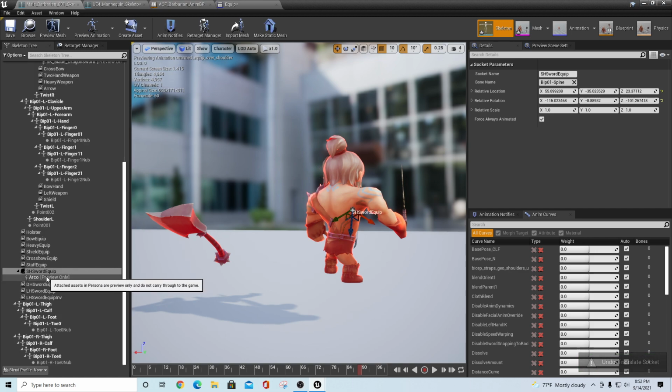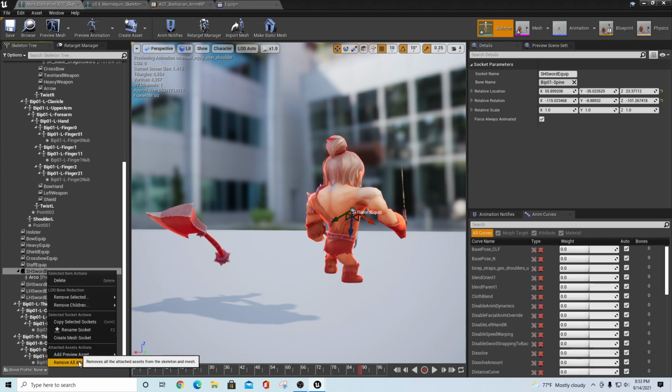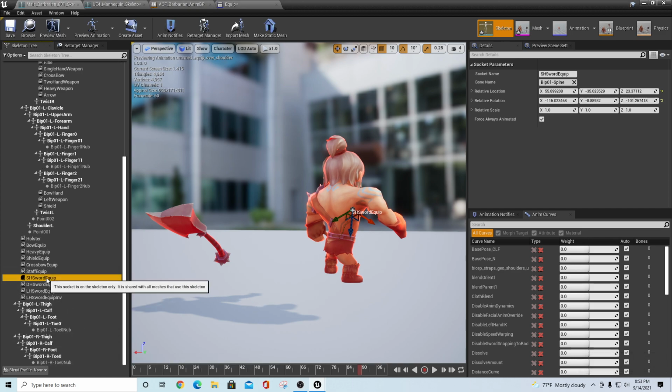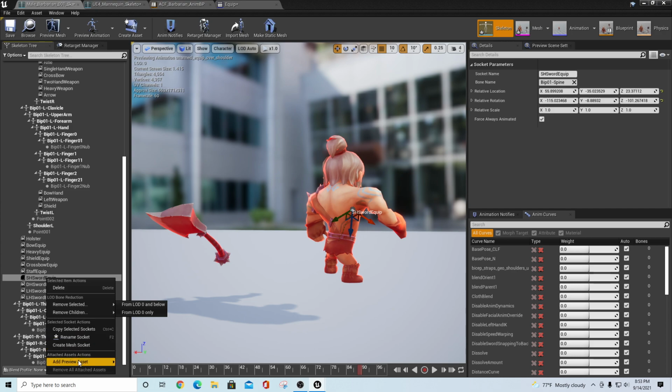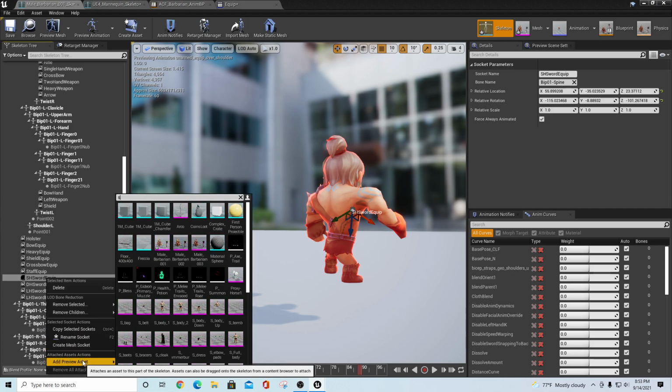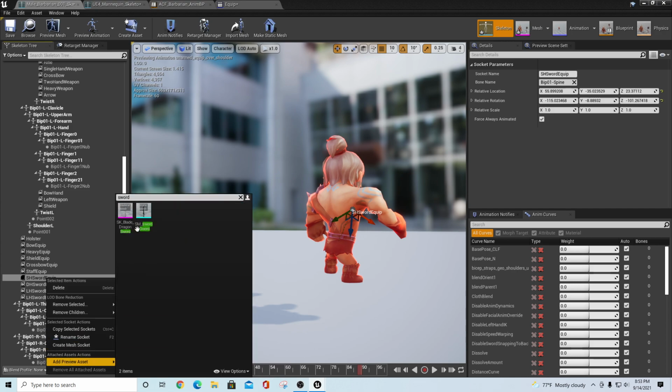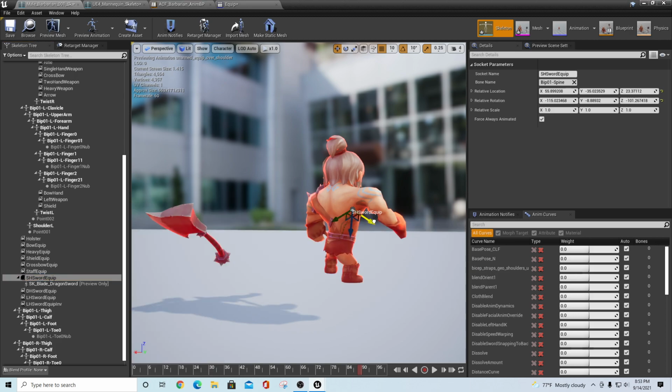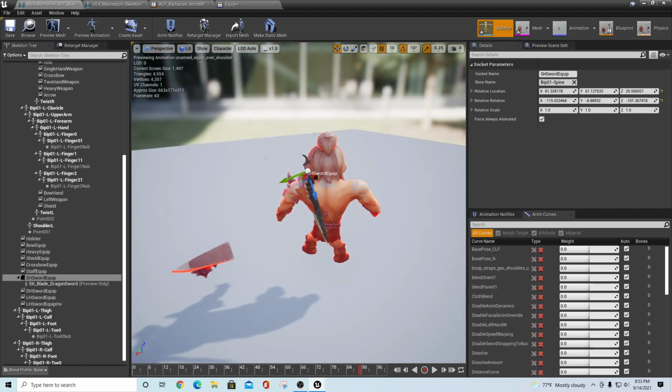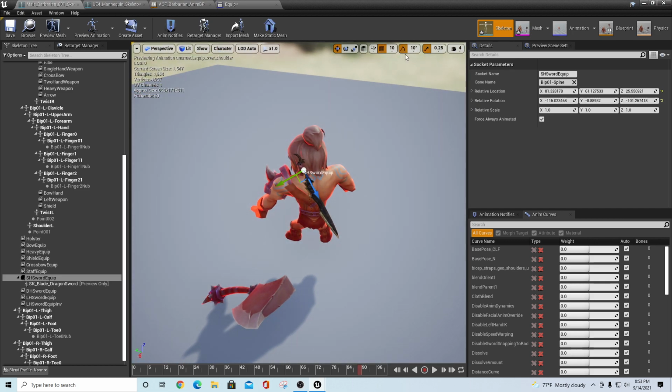I put the bow on there. Say remove all attached assets. Sorry, again, tired. Add preview asset, sword, and then we would take the sword equip. This is the one that goes on his back, and we would just basically move this around and rotate it